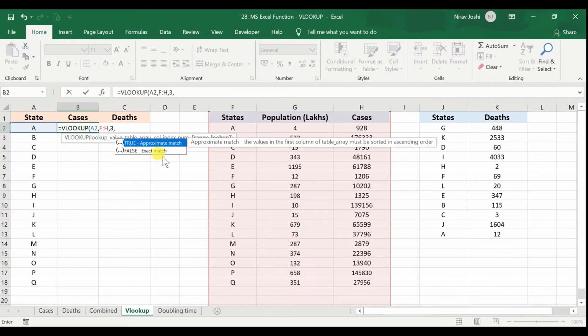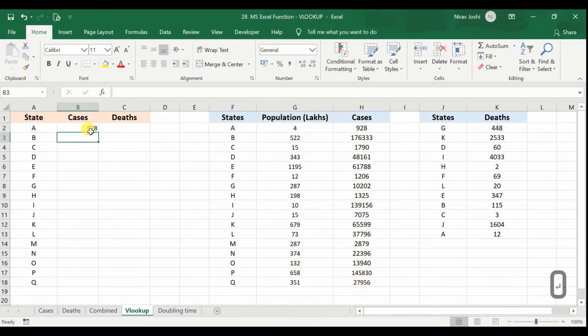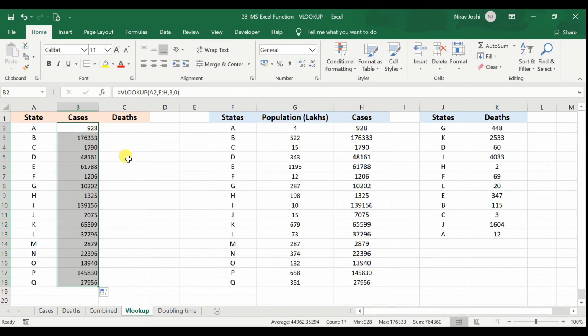So exact match would be when it would exactly match the lookup value in both these sets. So it will exactly identify the value A in this lookup range, and then it will give us the outcome from the selected column. So here we are using false or exact match by writing it or by double clicking here, or you may simply provide number 0, that would be for the false, and if you provide number 1, that would be for the true or approximate match. So here we are discussing exact match, and that's why I have put 0 and dragged the formula downwards.